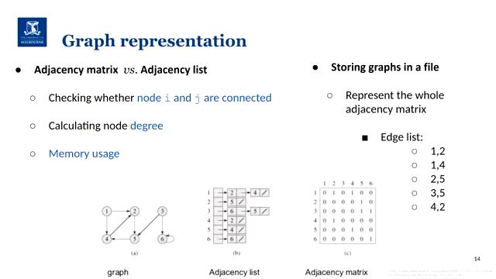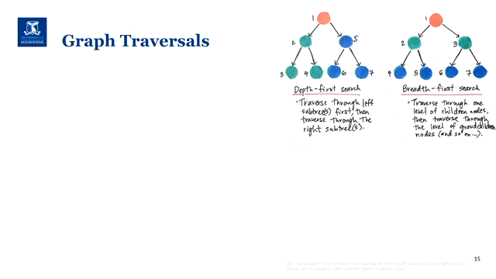So just labeling all the edges. Let's say there's an edge between 1 and 2, 1 and 4, and so on and so forth. You just store that edge list in your file. And adding to that, you can add another column with the cost or the label. This is a more efficient way to represent it.